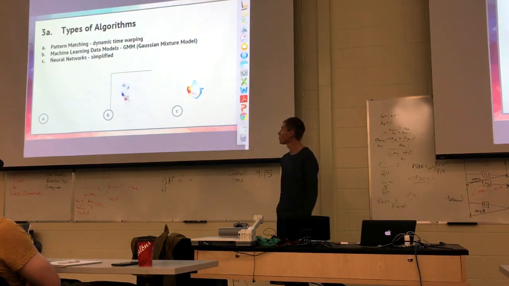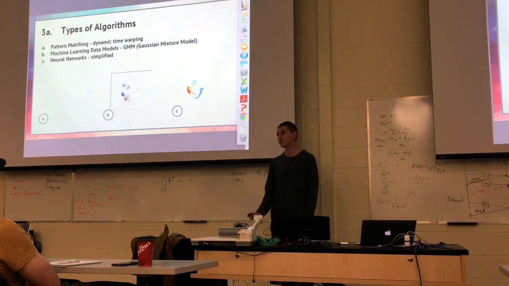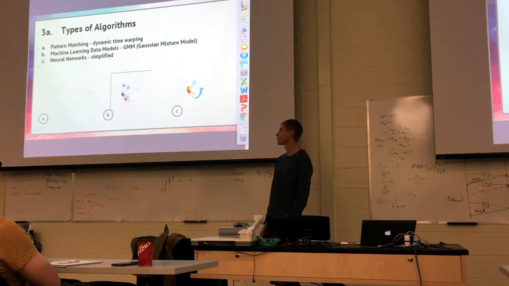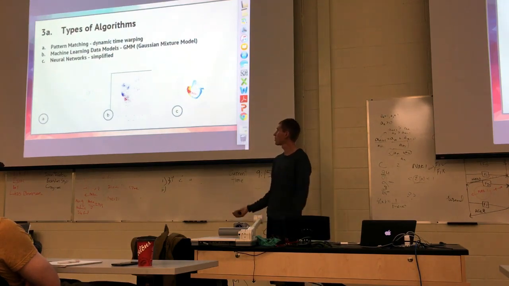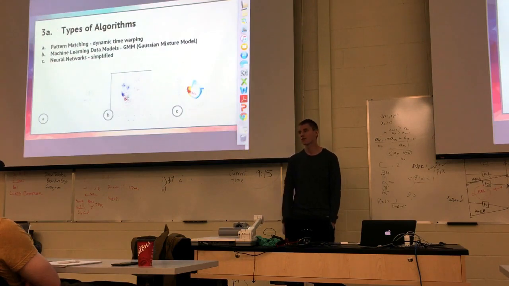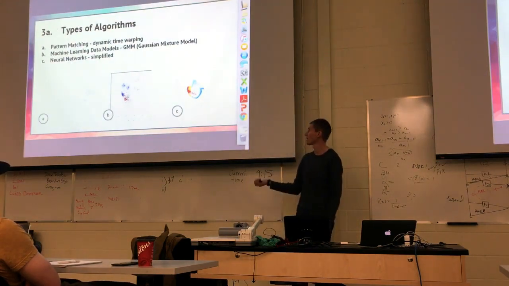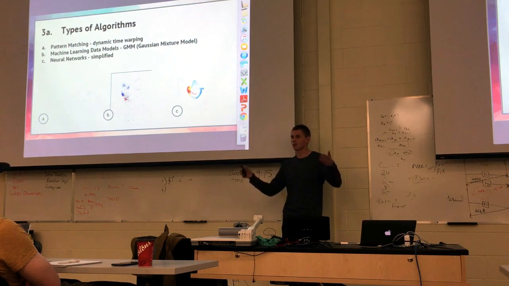Okay, so we'll talk quickly about the types of algorithms that can be used with that data to extract, and I'll touch briefly on the limitations associated with each and the advantages as well. So the first one is pattern matching. This can be used with like a template or something called dynamic time warping. Basically what this is, if you have a window of time, let's say 1 second of data, and you label